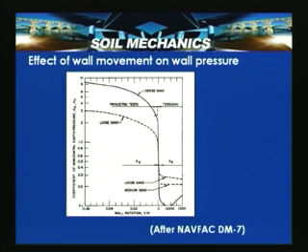So this is after NAVFAC design manual 7, where it shows the effect of wall movement on the wall and on wall pressure. This is the wall rotation, and this is the coefficient of horizontal earth pressure, Ka and Kp. You can see how it varies for loose sand, and this is the zone for the active case, and this is the zone for the passive case, and this is how it varies for dense sand. This we already discussed, only this is shown for reference